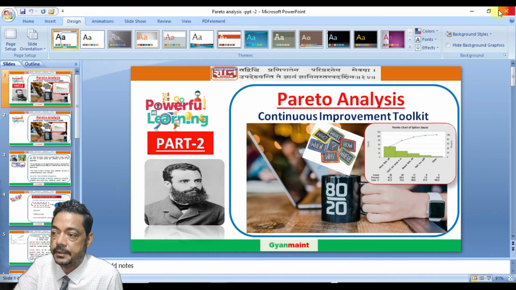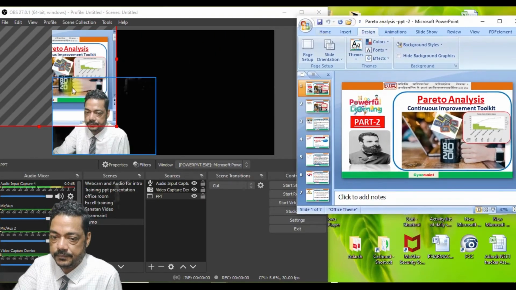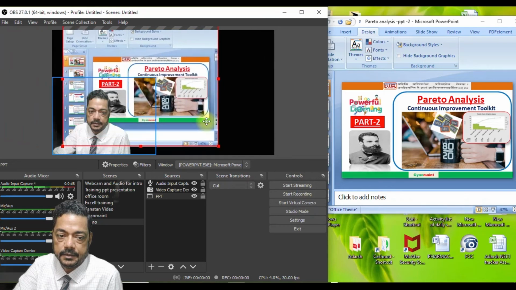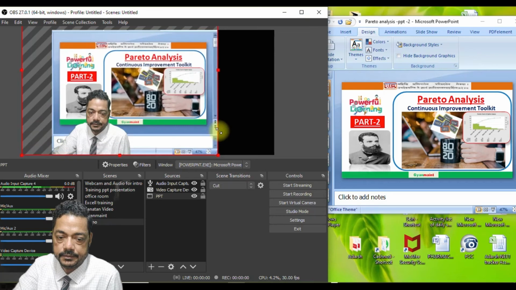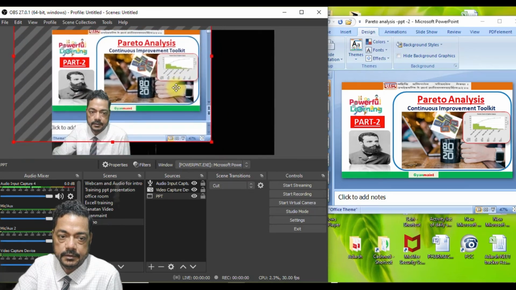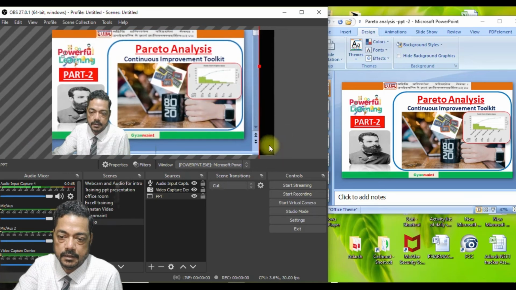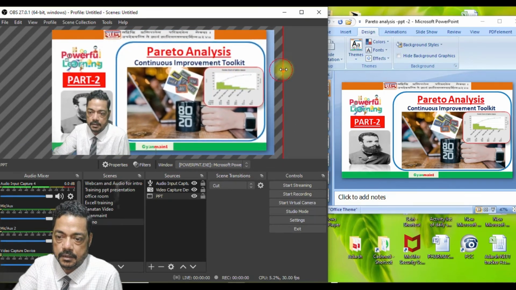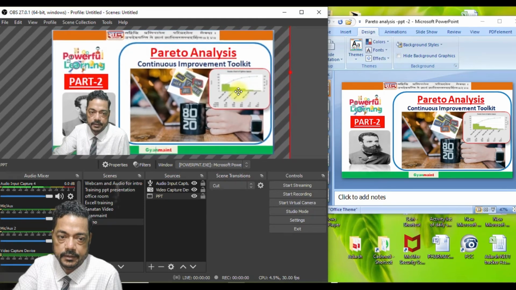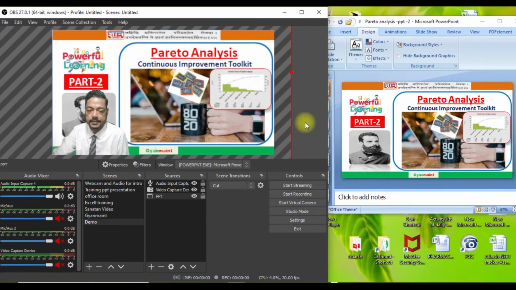Open your PPT and reduce its size, right? And again adjust this. You have to adjust it to the whole screen. This is a very important setting for the PPT. So it is all set.